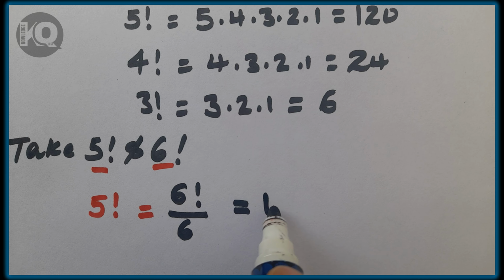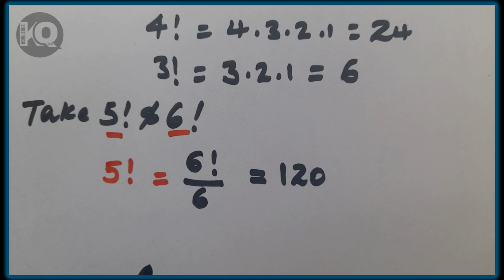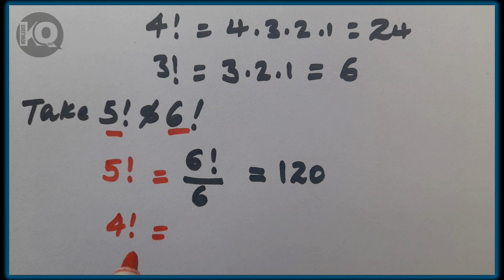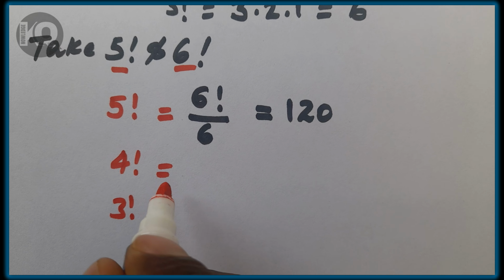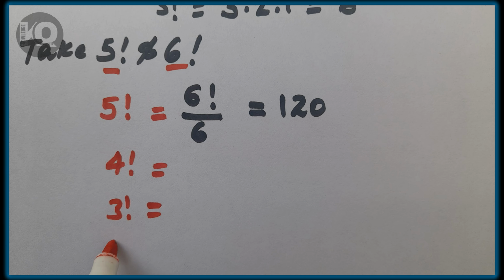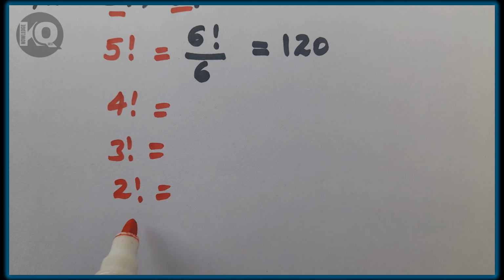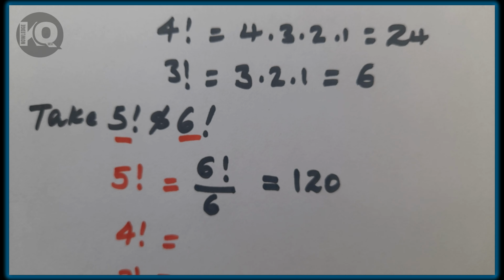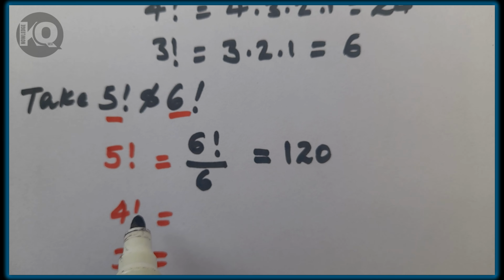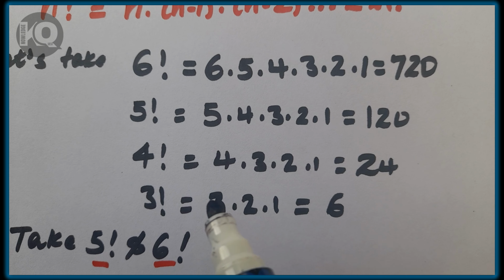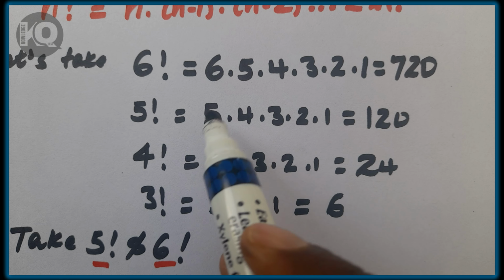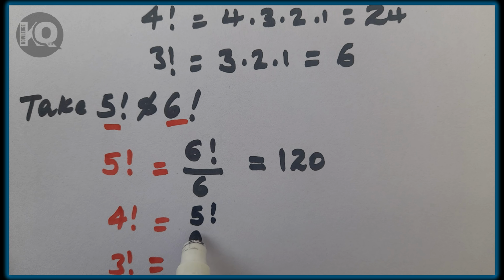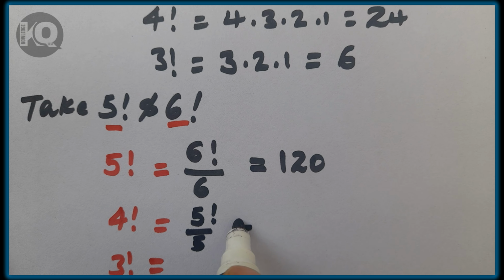So it will be 120. In a similar manner, we do have 4 factorial, 3 factorial, 2 factorial, 1 factorial. So the difference between 5 factorial and 4 factorial is 5. So 4 factorial will be 5 factorial divided by 5, which is equal to